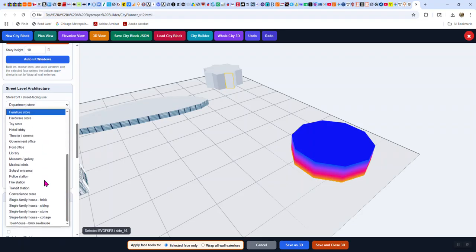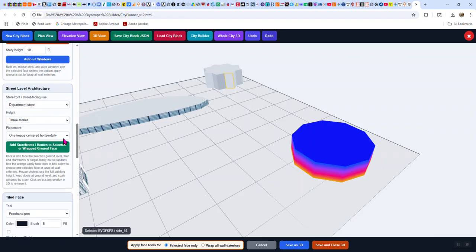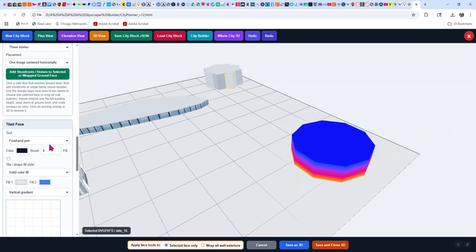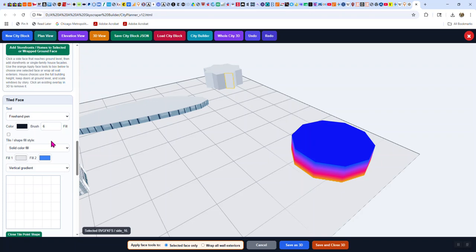Here's a post office, a theater, a single family house. That's new. I haven't tested it yet. And one of them just puts a whole bunch of different stores around there. That's the series across face, just jewelry stores and clothing, like a strip shopping center. And you could wrap that all the way around the building.